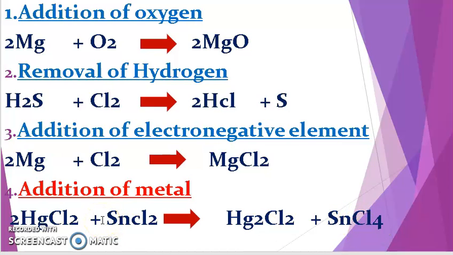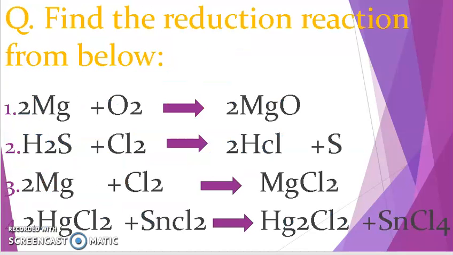Okay. So what is that? It is a reduction. There is a reduction of mercury here. So that only we got Hg2Cl2. Okay. This is the product we got. So the fourth option is the correct answer. It is the correct reduction reaction for the options given in the question. Okay, so the fourth option is the correct reduction reaction. Okay, so this is the correct option.